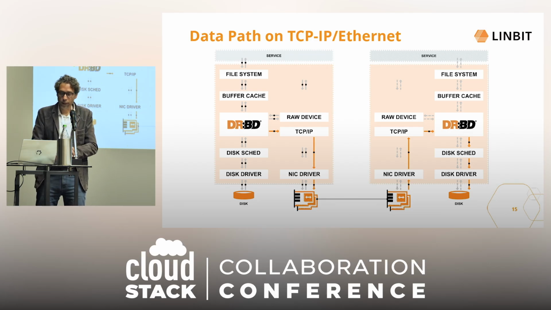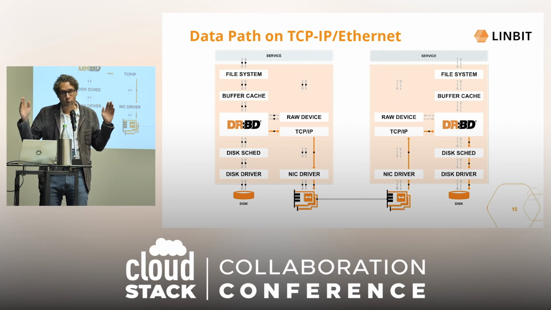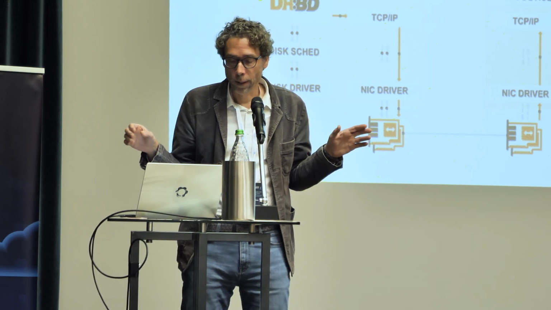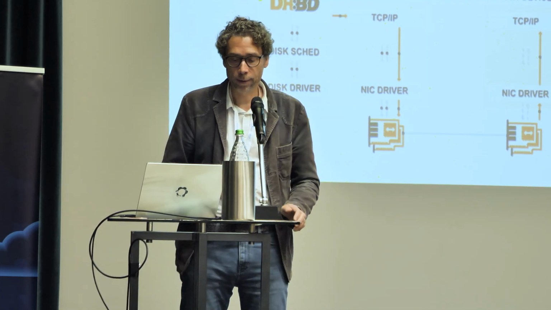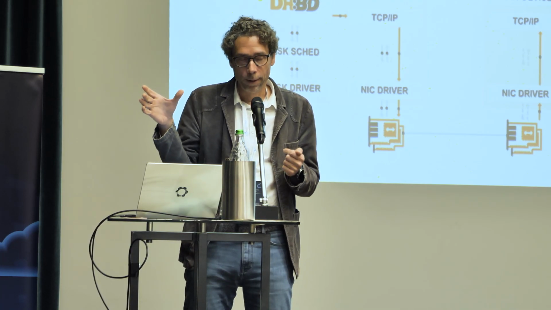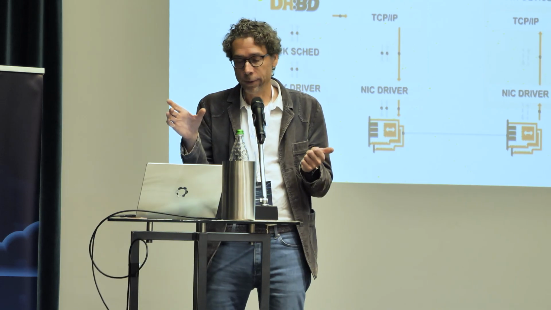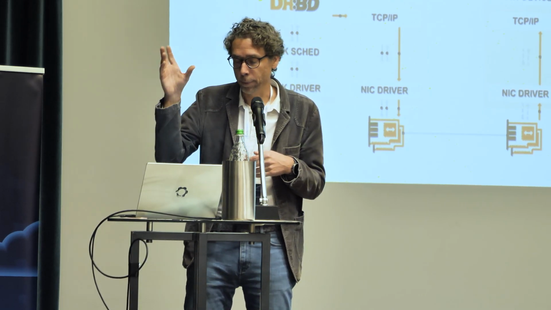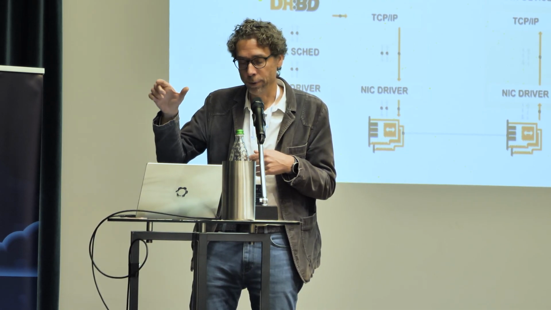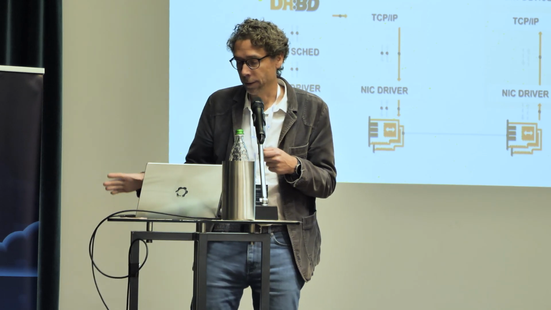And here is another illustration showing where that sits in the stack. On this illustration, we have only two machines, and the orange box, yes, it's visible on the beamer, is the Linux kernel. We have the so-called I/O stack, so usually a file system, well, not in the case of virtualization and the way we integrate into Apache CloudStack, where there won't be a file system. So we have the buffer cache, and then DRBD inserts itself into the stack at this position, the disk scheduler, and then the driver